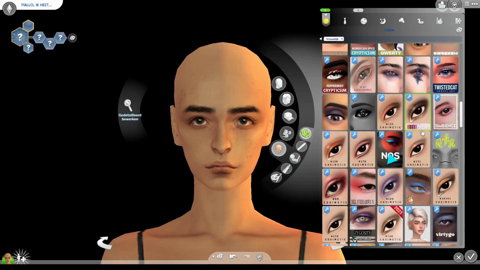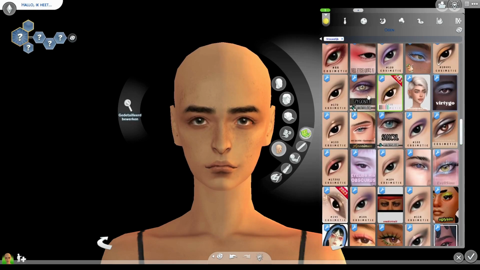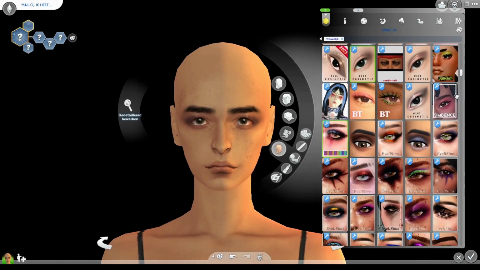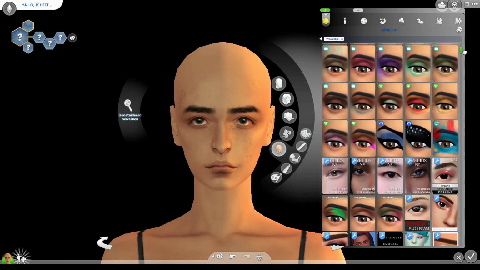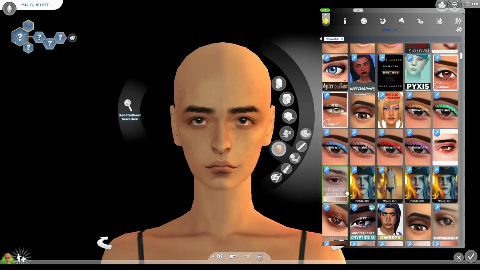And I like to use... I have just downloaded these. I don't know if I like them yet. I might take them out. I don't know yet. But I downloaded so many. Well, that one is actually pretty good. I don't do this if I want to have this sim wear makeup, but I don't think I want that right now. So then I use